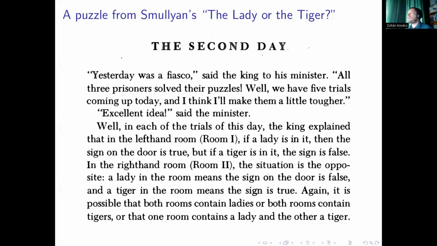Well, we have 5 trials coming up today, and I think I'll make them a little tougher. Excellent idea, said the minister. Well, in each of the trials of this day, the king explained that in the left-hand room, room 1, if